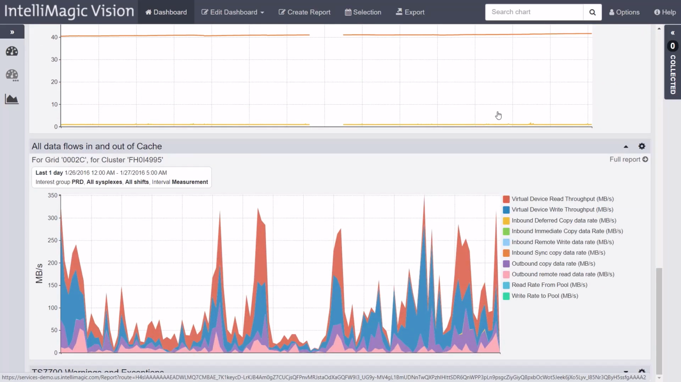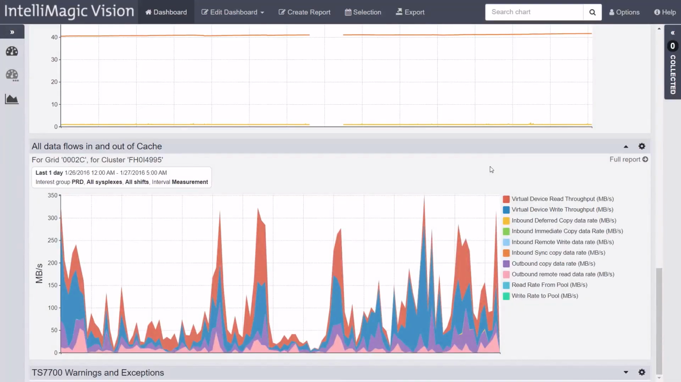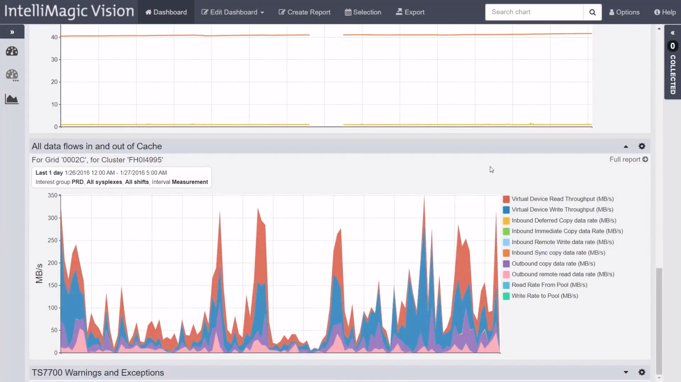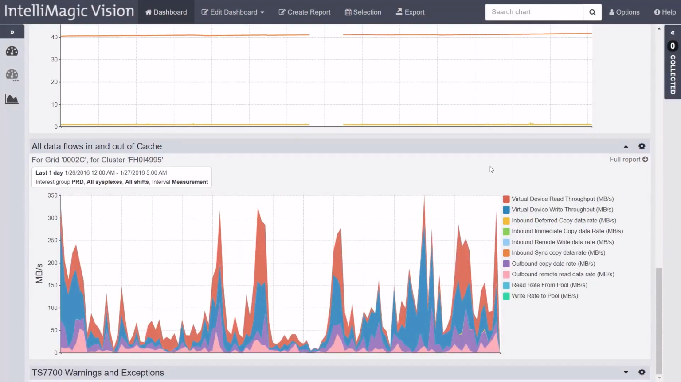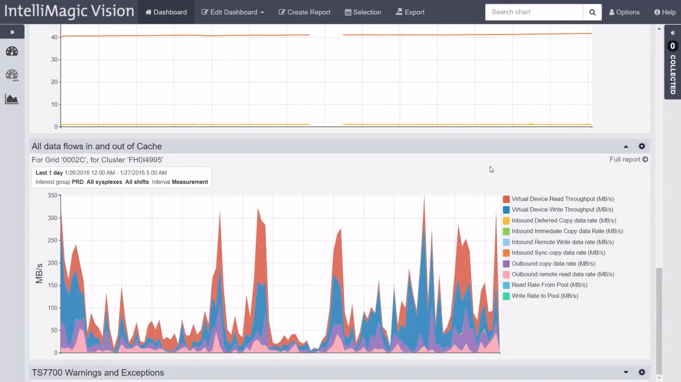If a tape-attached cluster is not writing to the tape pool, then the backend tape system can be investigated. For host-attached clusters, virtual device write throughput shows data activity being written to the cluster. Outbound copy data rate shows data being replicated to other clusters in the grid. Inbound copy data rate shows data being replicated to this cluster. Write rate to pool shows data that is being pre-migrated. Various configuration parameters can influence data movement within the grid, but for a healthy grid, data should be flowing as